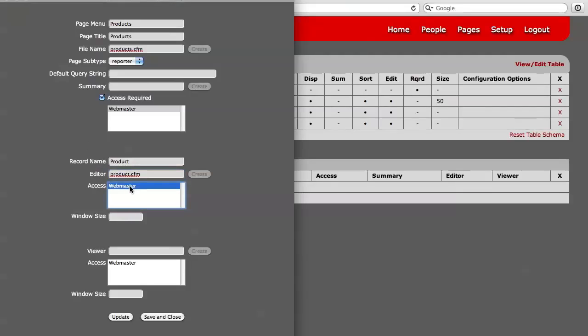Access will be to Webmaster only, and the window size, typically I do these at 640, or depending on how many fields it has. That's all that you need for a reporter controller and an editor controller. Hit update,